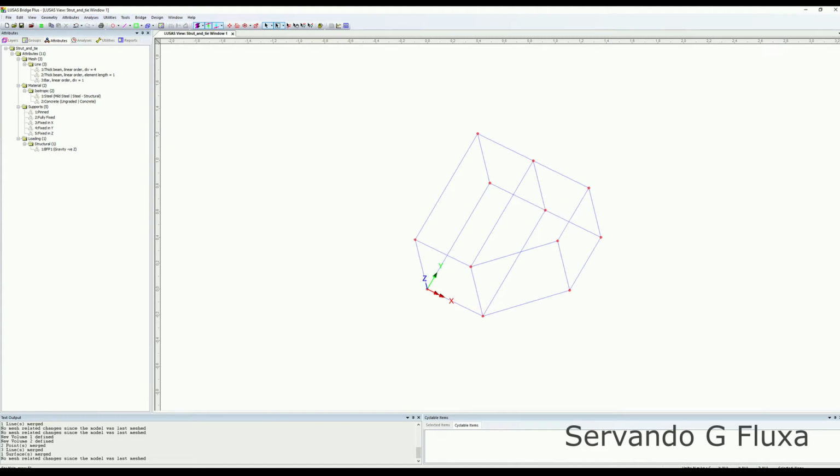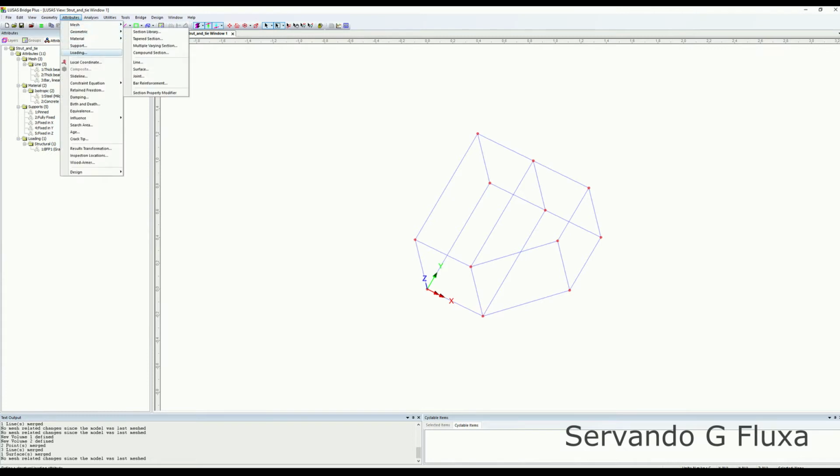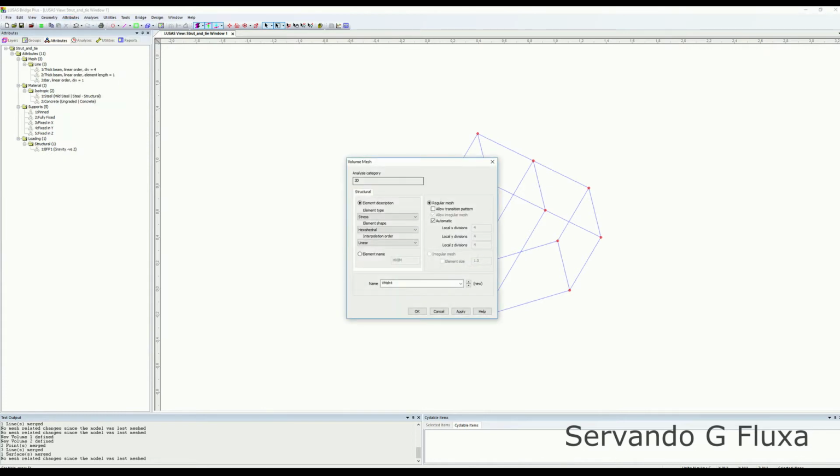So now we're gonna be working with this tab attributes. So we're gonna cover these elements here. With basically all of this, we're gonna be able to create a Strut and Tie model. So we're gonna mesh a volume. So let's go to the volume. So what are we gonna be using this volume? Well, this is gonna be used for